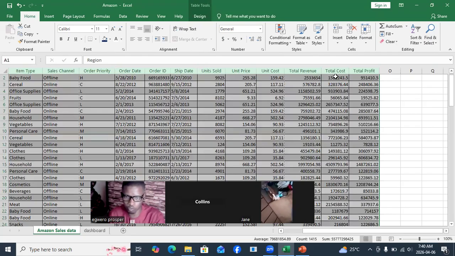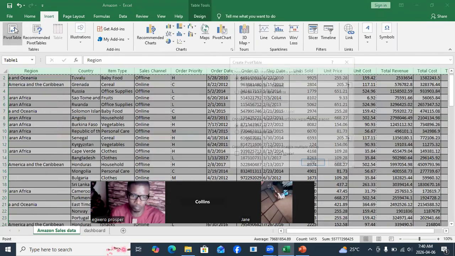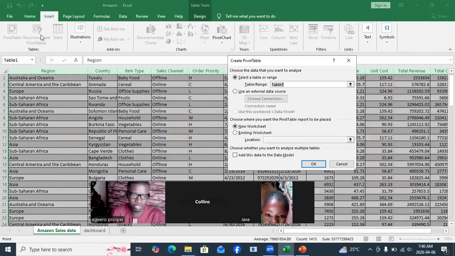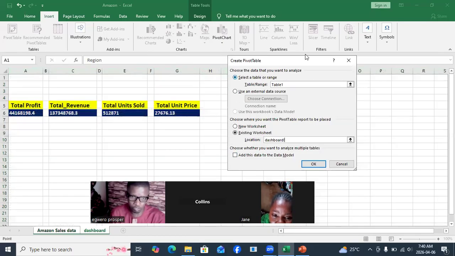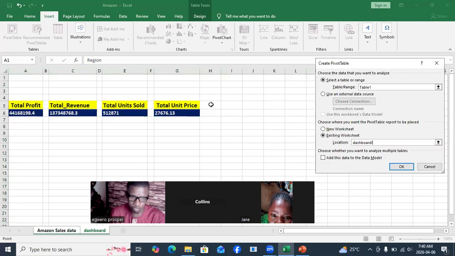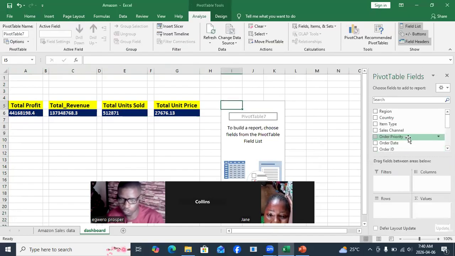So we're doing two more: total cost and unit cost. So let's go back to insert. In fact, nobody should give an excuse because we are repeating almost everything. Now you click here, then go to the dashboard, select where you want the next one to come. I'll put it here, then click, then choose my field, unit cost,